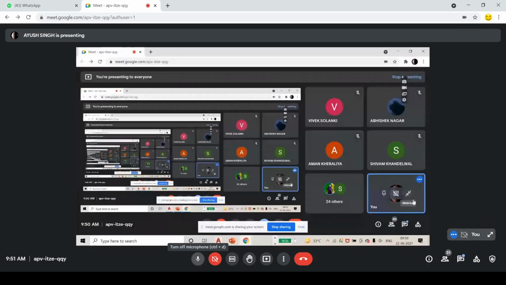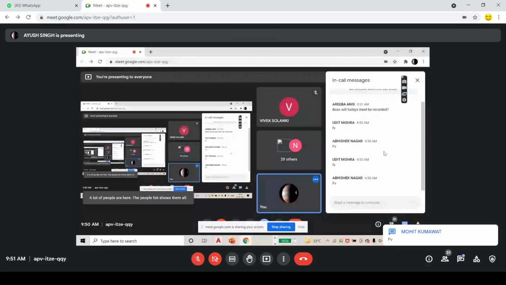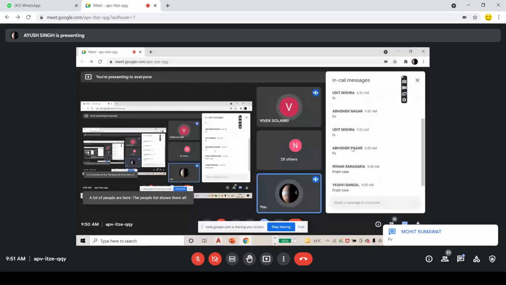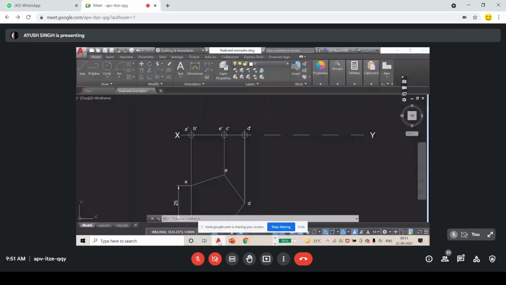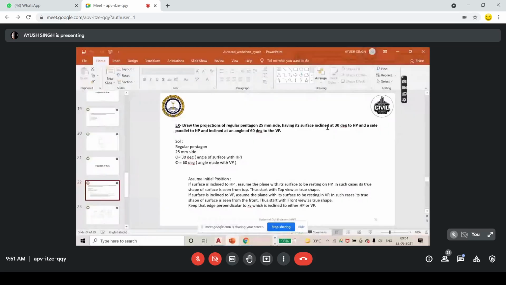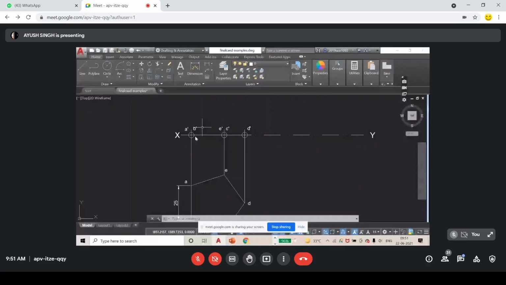Okay, right. Exactly. It will be in the front view. Any angle or any distance measured from the HP will be shown in the front view. So where should I draw this 30-degree angle? I should be showing this 30 degree in the front view. So this line should be rotated by 30 degree. After that, I will take projection from here and here to get the corresponding top view. Okay, so I just copy it here.